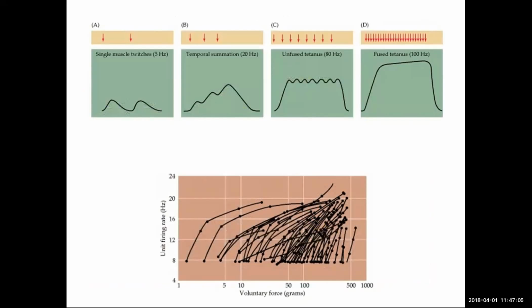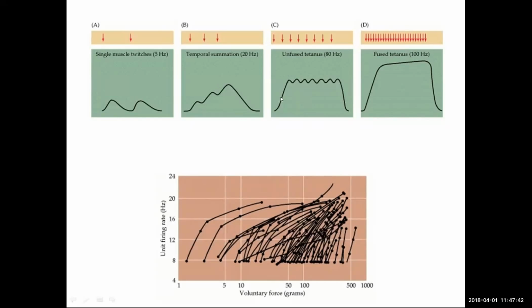So what is the value of this? Remember summation in the first class? I hope you all know what a summation is. The basic idea is to sum it up, right? So every time you can see this is 5 hertz, that is you give a stimulus, then again it is going down, then again there is a stimulus. Here what I have done is, before it goes down, the other stimulus comes, that is the next rate comes or the next code comes, right? So it keeps on increasing